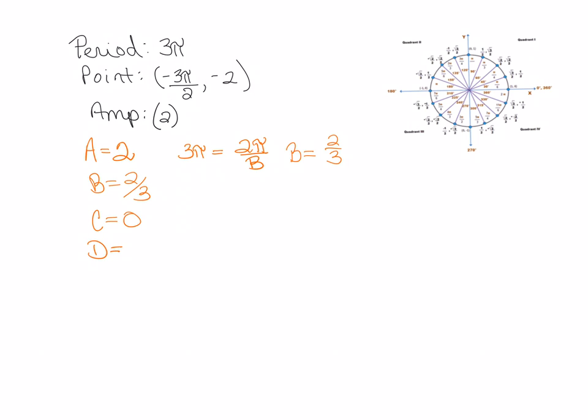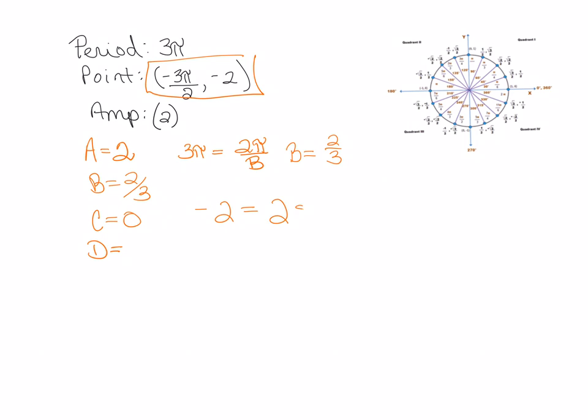So let's set up our equation in order to find d. In our equation, we're going to fill in our x and our y using our given point. So we're going to let our y value be -2. Remember, our f of x is y, so -2 equals